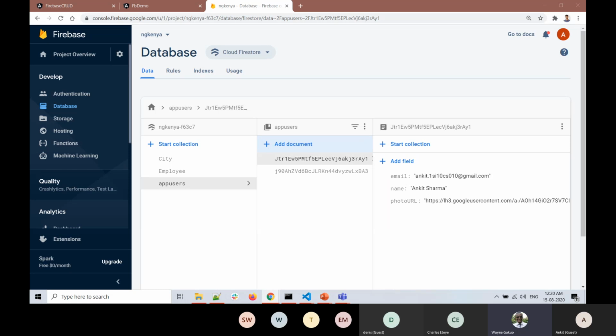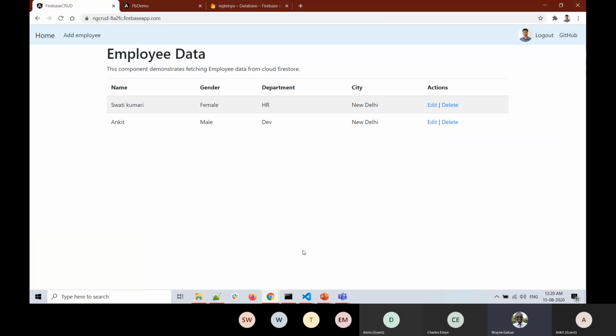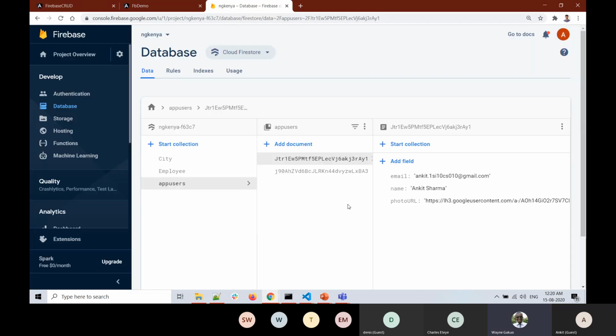Later on, I found out that there's an interface already built for display name when you import the package for Firebase, the Angular Fire. So when you want to access the display name, you won't be able to do so unless it's signed in using Google. I don't know how you'd go around that. Are you going to get the display name the same way you get information, for example, a city, an employee, or how are you going to go about that? I don't know if my question is well understood.